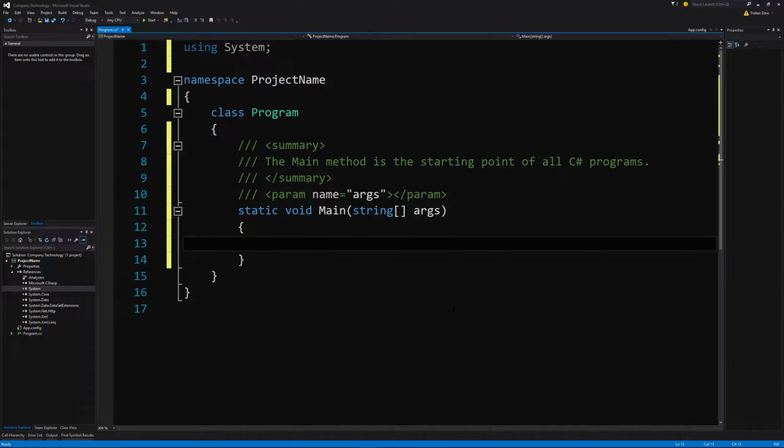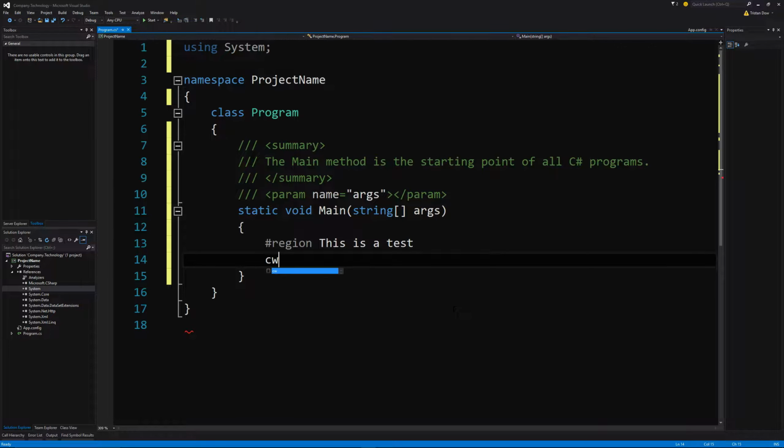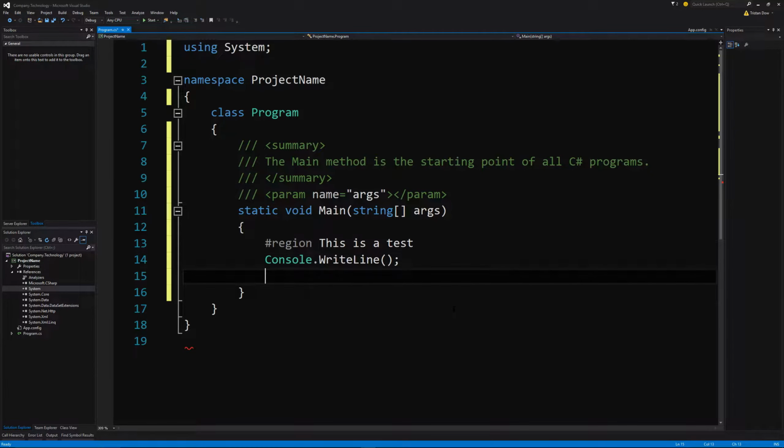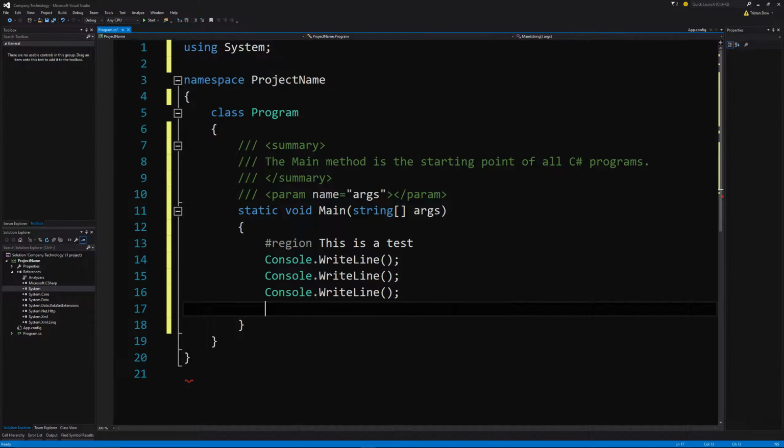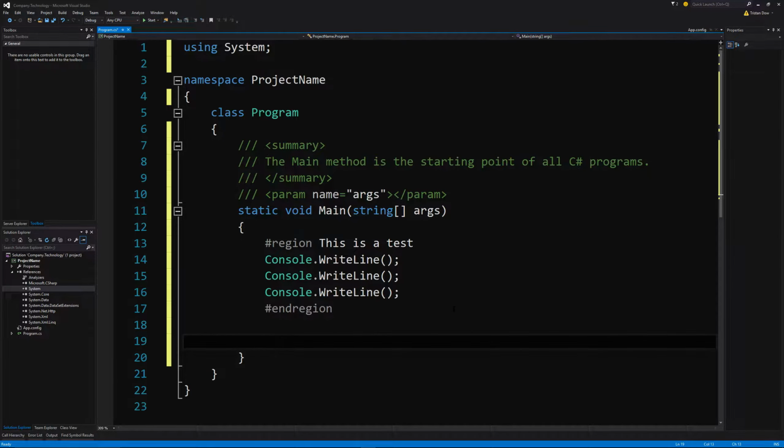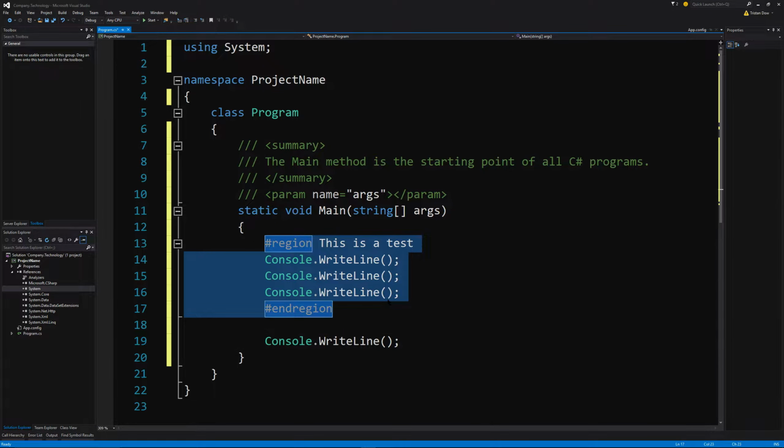Another good one is regions. So if I typed in a bunch of code, just a couple lines of code, say, then I type in region, and then I type in some code. Okay, so now basically what I did was I explained what this entire code right here does, all the code in between. Don't overuse regions, but